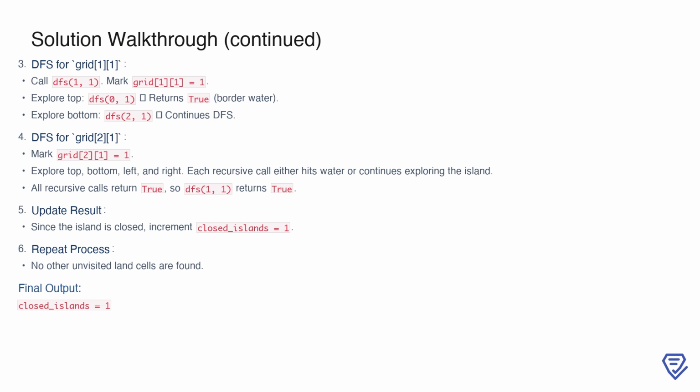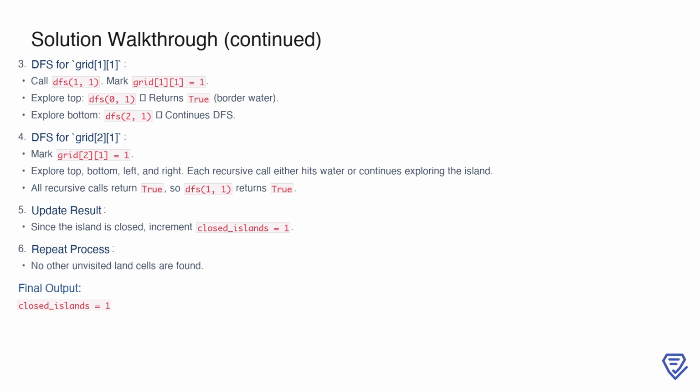When we go up, calling DFS(0, 1), it returns true because the cell is water or out of bounds. Moving downward, the DFS continues to grid[2][1]. From grid[2][1], we repeat the process, marking the cell as visited, and exploring all directions. Each recursive call either hits water or continues exploring the island. Once all directions are fully explored and return true, it confirms that the island is closed. We then increment closed_islands by 1. After completing the traversal, no other unvisited land cells are found, so we finish with a final count of closed_islands